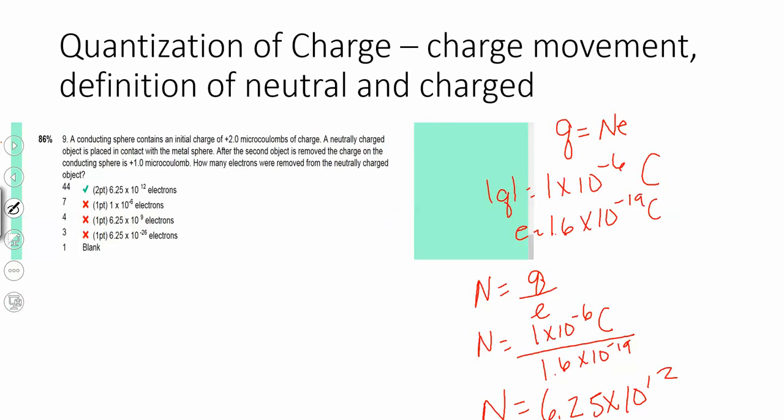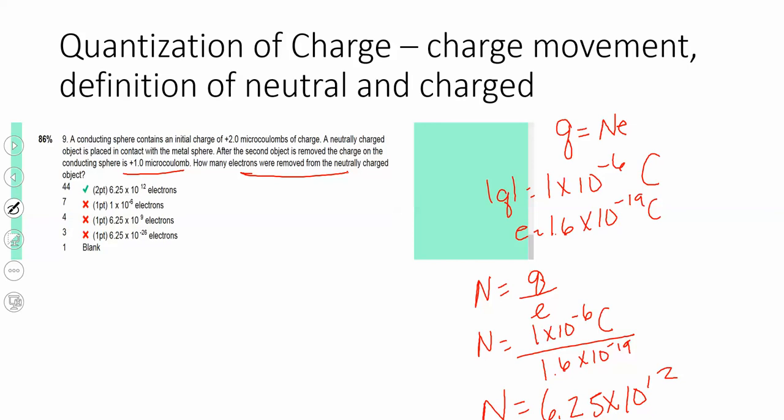Conducting sphere contains initially 2 microcoulombs of charge. A neutrally charged object is placed in contact with the metal sphere. And so what you see is a decrease in the amount of, in the shortage of electrons. So the neutral sphere is giving some electrons off, and that's why it says how many electrons are removed from that sphere. And this is just a quantization of charge. So you know that the